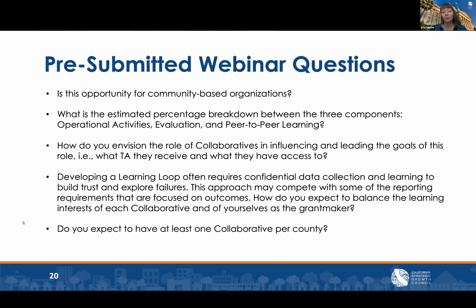So to the piece around building trust and exploring failures, our work is very focused on capacity building. Capacity building in and of itself, I think, is very much focused on some of these squishier things that can be harder to quantify, like building trust. And so I think we're not going to be asking folks to quantify greenhouse gas emissions as a part of the work that they're doing. This is really going to be trying to think through how do we find both qualitative and quantitative metrics to be able to